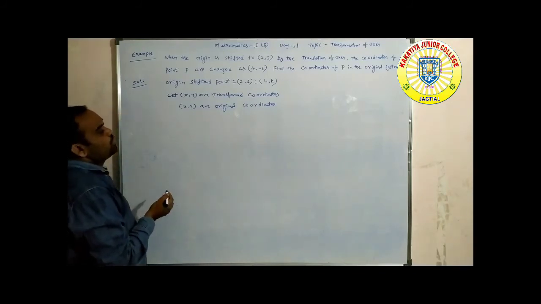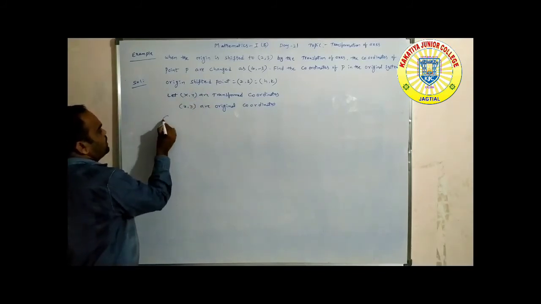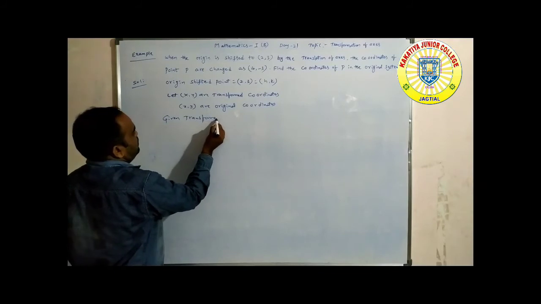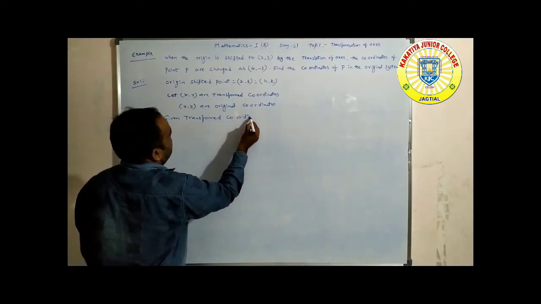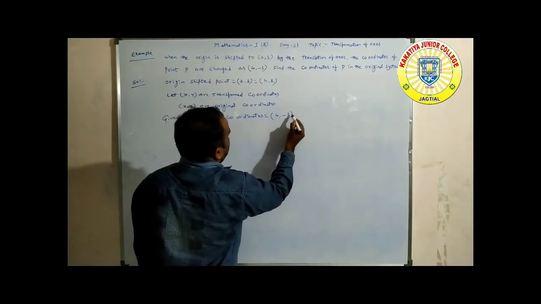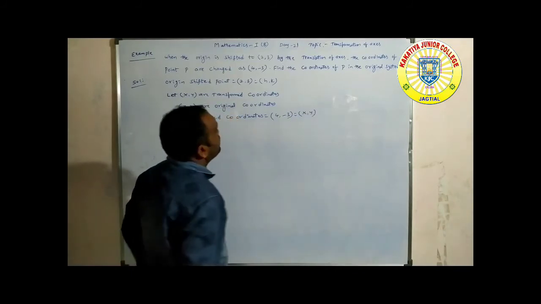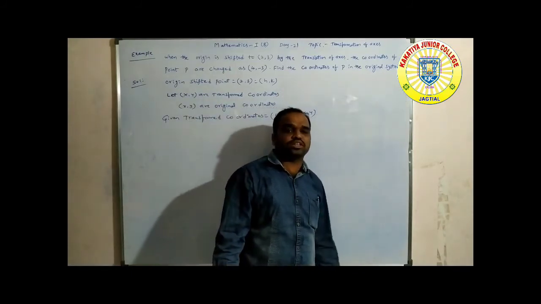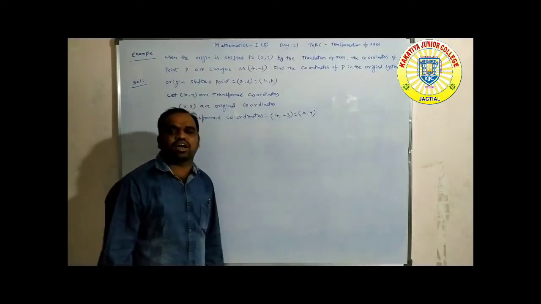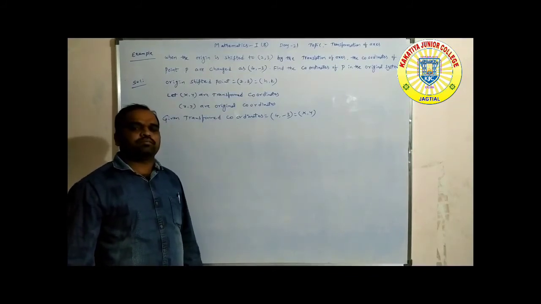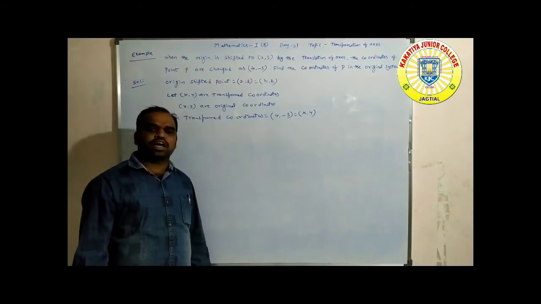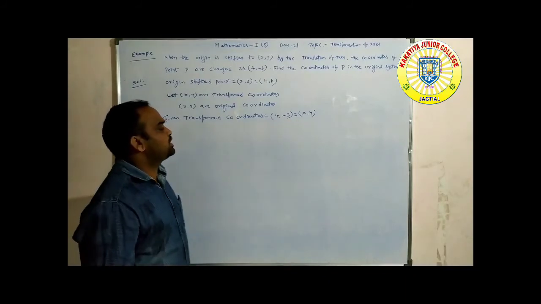Okay now. So here given are transformed coordinates. What are the given transformed coordinates? (4, -3). That is nothing but capital X, capital Y. Find the coordinates of P in the original system. Original system means small x, small y we are finding. That's all. Given coordinates are the transformed coordinates, capital X, capital Y. This is the capital X, this is the capital Y.